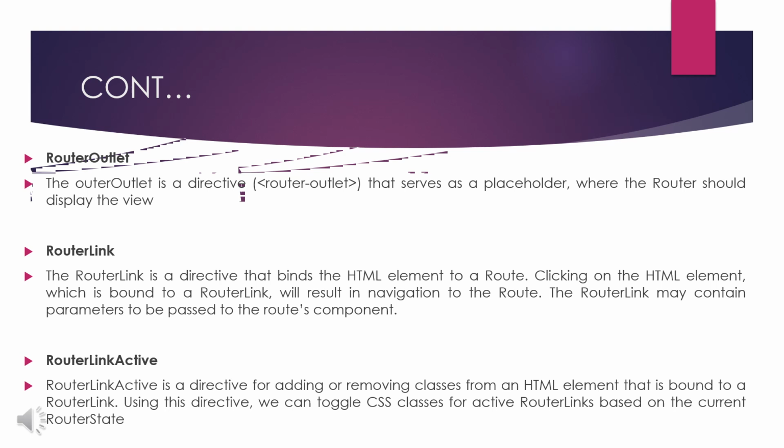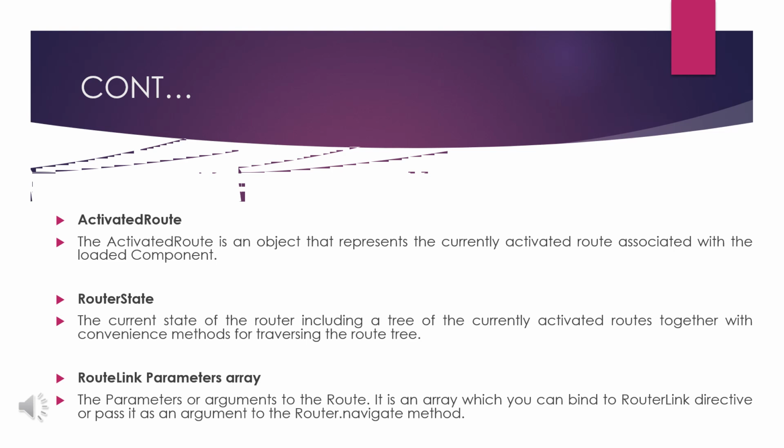We have the RouterOutlet. The router outlet is responsible for loading all these components whenever needed, whenever navigated, whenever called. It will be loaded in this router outlet tag's place only. RouterLink is responsible for the links being navigated, and parameter handling will be done by the router link. RouterLinkActive handles the active status and the deactivation status. We already saw ActivatedRoute. Once this activated route is loaded, the component is loaded and the objects present in the component will be in action at that time.